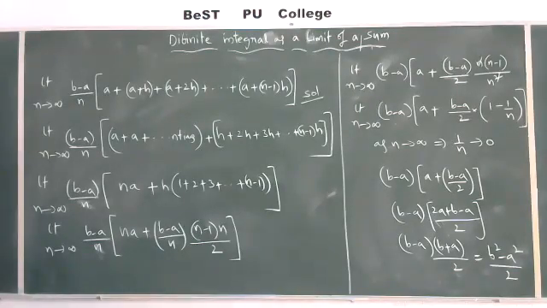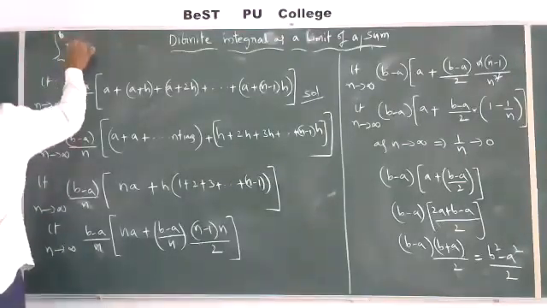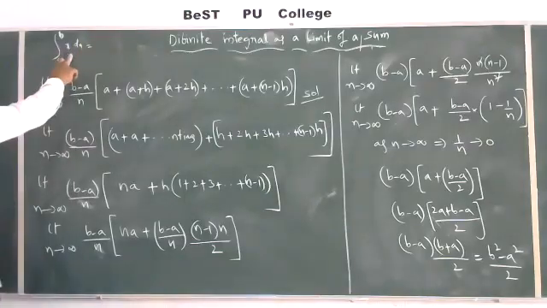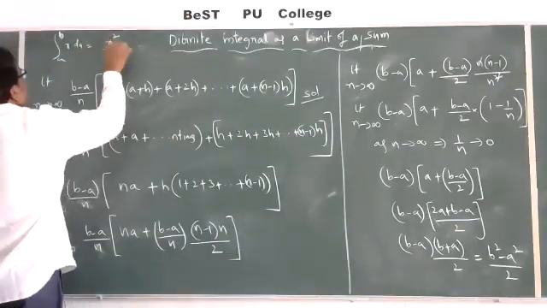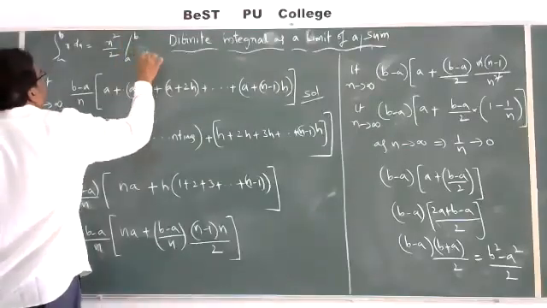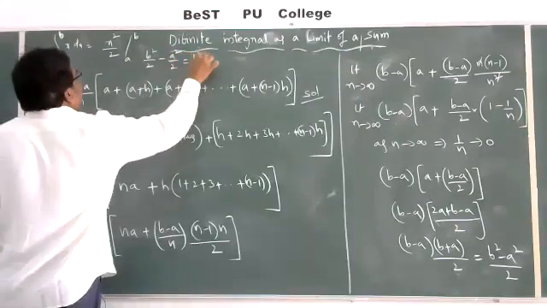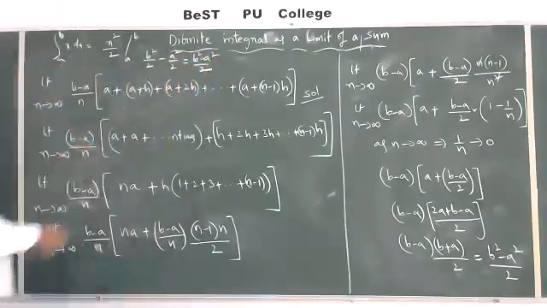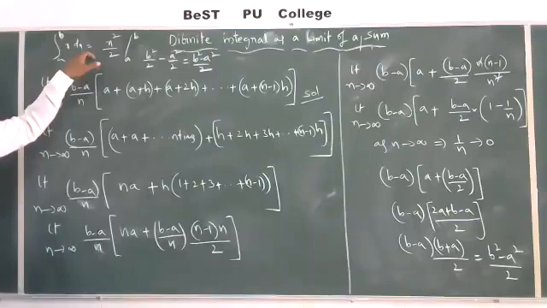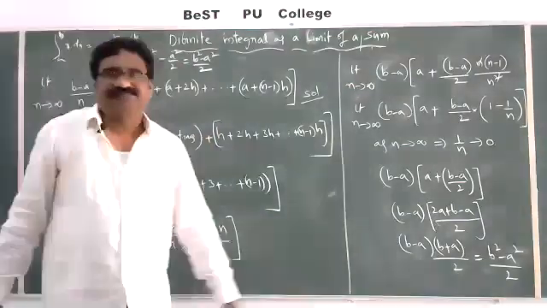So this is the limit of this sum, which equals the simple integral a to b x dx. What is the integration of x? x square by 2. Then substitute the upper limit and lower limit: b square by 2 minus a square by 2. Then you get b square minus a square by 2. In a single step you get the answer by directly applying the integration. By using the limit of this sum, this is the process.